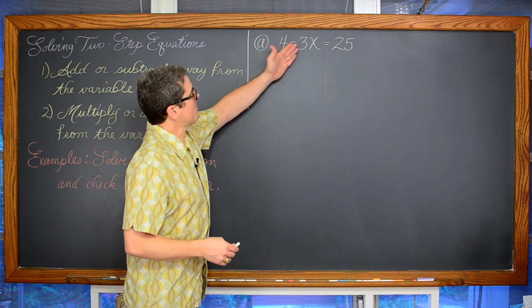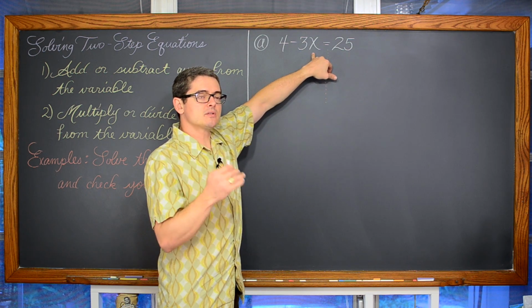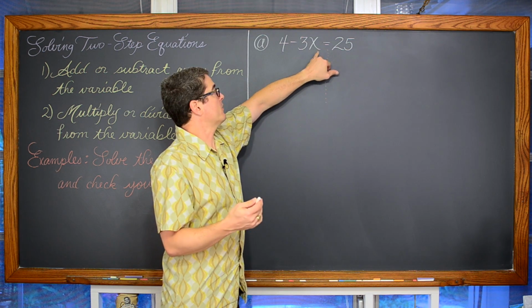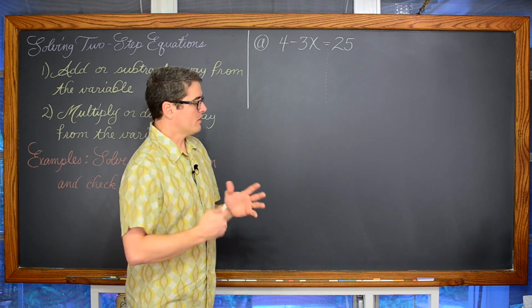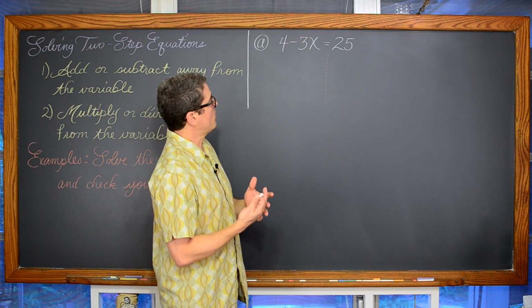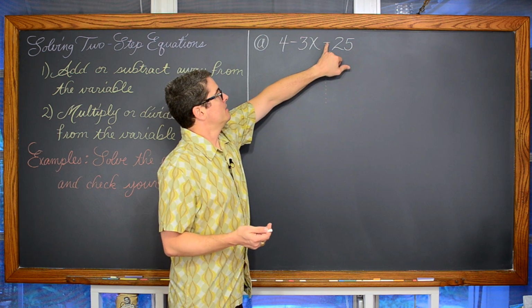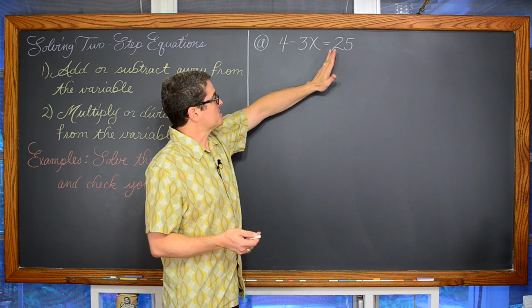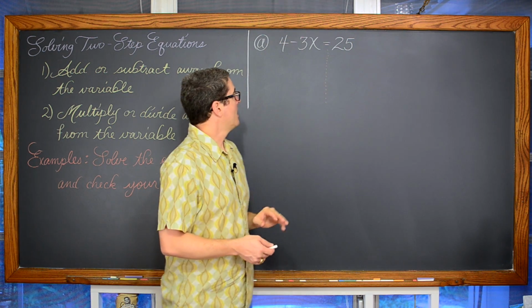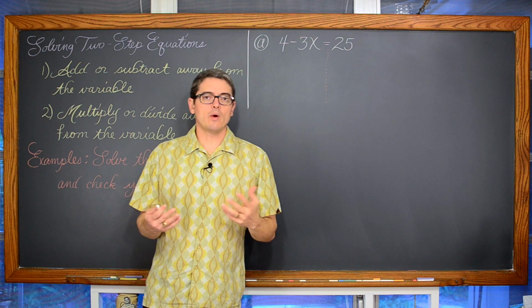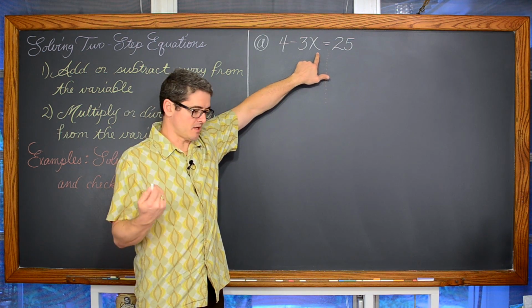Okay, so we have 4 minus 3x is equal to 25. What value of x is going to be the value such that when we plug it in, the left side is equal to 25 like the right? So you want to remember that in an equation, and this is actually an open sentence as well because there's a variable in it, the equal sign separates the left side of the equation from the right. And you want to look at that equation and go, where is my variable? Okay, well my variable is on the left side of the equal sign.